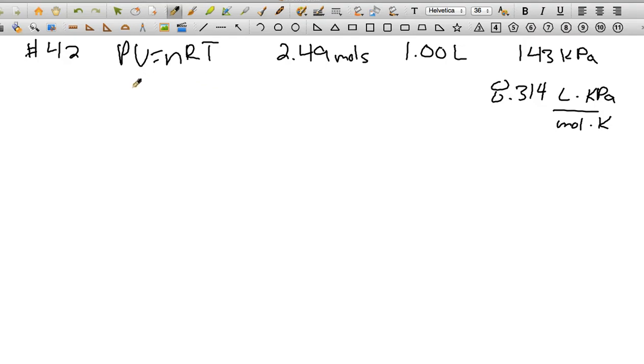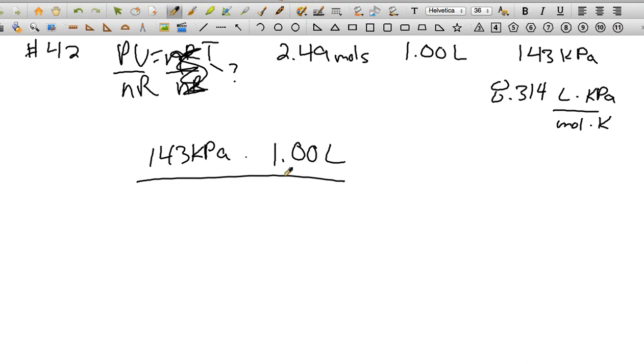All right, so it tells us in the question, what's the Celsius temperature? So if we're looking for temperature, we have P, we've got our pressure, we have our volume, we have the moles, and we have the gas constant. So how to get to temperature? You're going to divide by nR to get T left alone. So I'm going to take my 143 kilopascal times my 1 liter. On the bottom, I had 2.49 moles, and we're going to end up multiplying that by the gas law constant of 8.314 liters times kilopascal